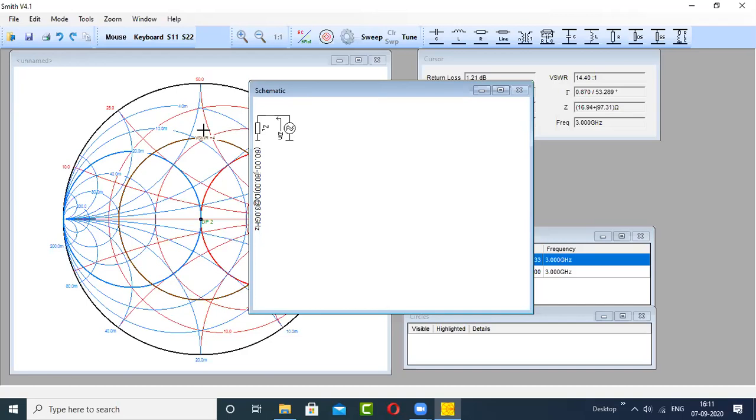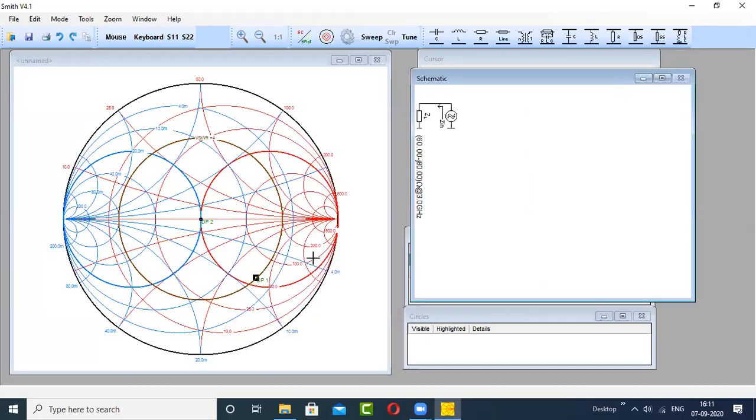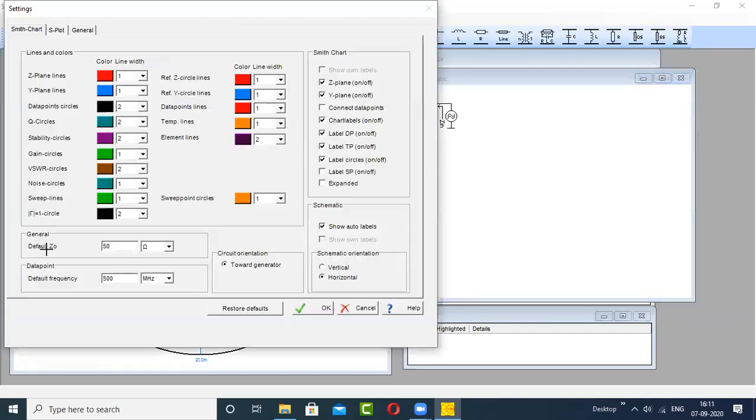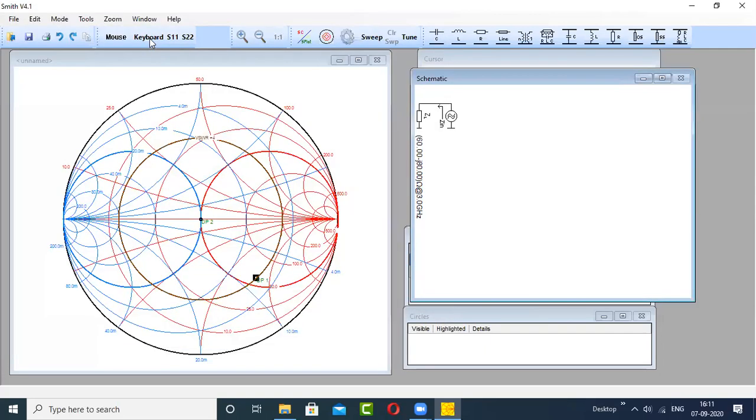And on the Smith chart, the 50 ohm lies at the center. Why? Because if you go into the settings, this is the default value of the characteristic impedance. It is 50 ohm. And the moment you fed this 50 ohm with the help of the keyboard tab, at 50 ohm it was lying at the center. So when I say you start moving from the load, then land at this conductance circle and go into the chart, actually you are transforming the impedance from 60 minus J80 to 50 ohm. And 50 ohm is at the center. So basically you have to move from this load end to the center of the Smith chart.